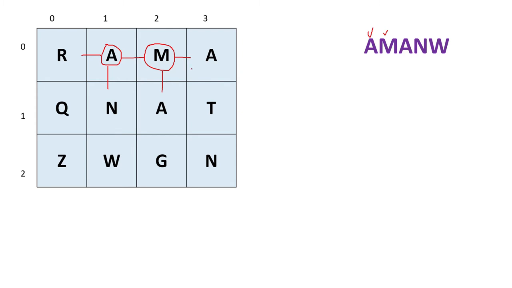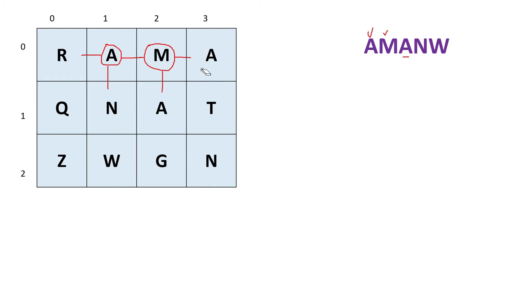Here we can see A is present on both sides. Let's take the first one. Now from A, we have to search for the next letter N. From A, only one direction we can go because M is already visited, that is T. But T is not the next letter, the next one is N actually. So we can stop the search here. Whatever path we took from M is wrong, it did not help us. So we can go back and check for the other A.